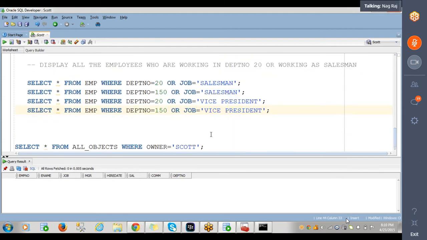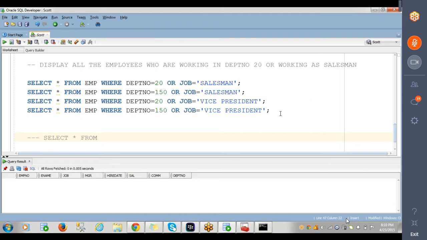Okay, let me take your condition. So you wanted to list out all the patients who are having either a cardiac problem or a kidney problem. Okay, so in that case your query would be in this way. Though I do not have any table, I'm just writing the query. Select star from, let me take the table name as patients, where